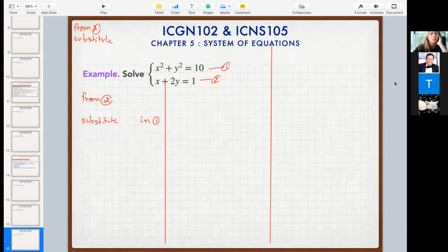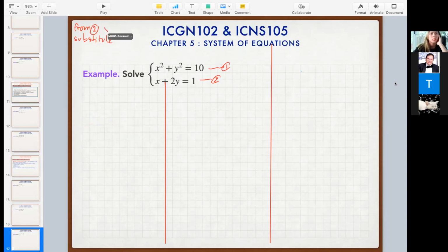Okay, what about the others? Can you find the solution for this system of equations? It may take a bit of a long step to do this one, so I will do it slowly. If you have your answer, you may type it in the chat box as well, because I have to use a lot of space in here. Then just write from the above. I said that from equation number 2,